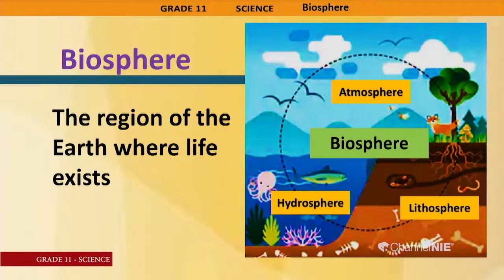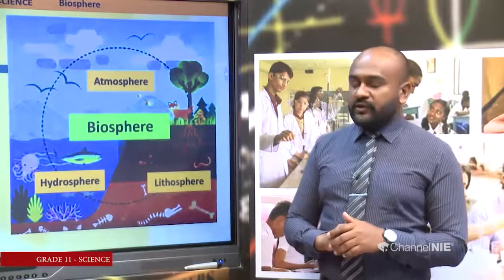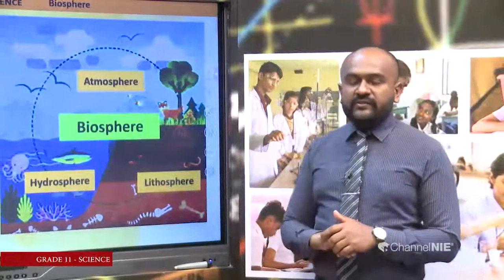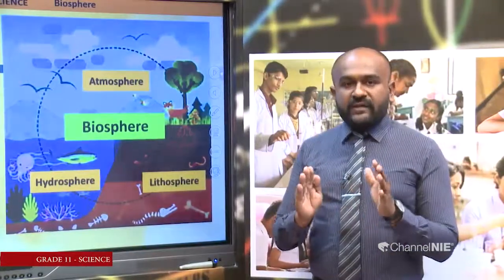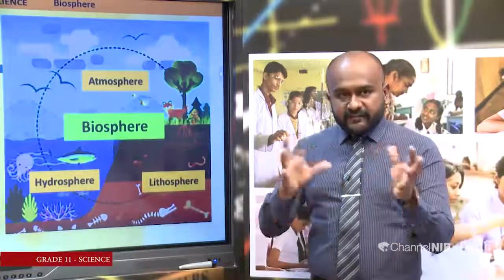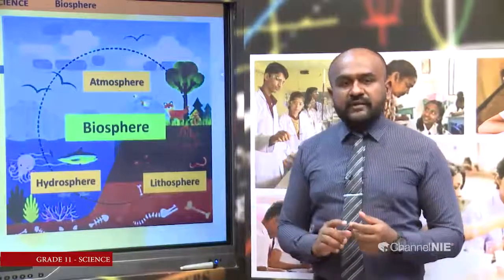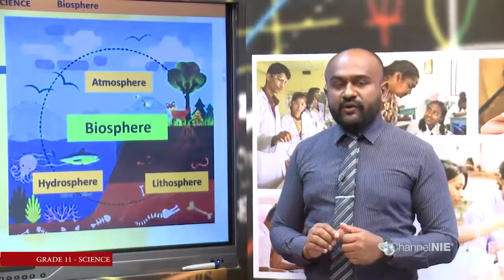So, these are the three main components of the biosphere, but again we need to understand, when you get the atmosphere, to a certain extent of the atmosphere organisms can live. It can support life, and to a certain depth of water organisms can live, and to a certain depth of lithosphere also organisms can live. So, in this way when you get the atmosphere, the hydrosphere, and the lithosphere, there is a part which can support life. So, when you take all these things together, we call that the biosphere. Okay. Now, let us see what we are going to do next.